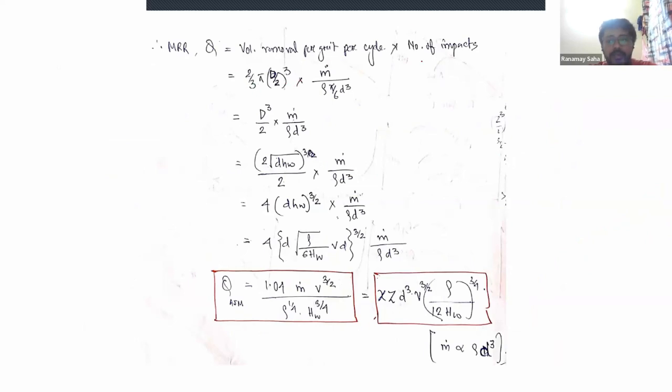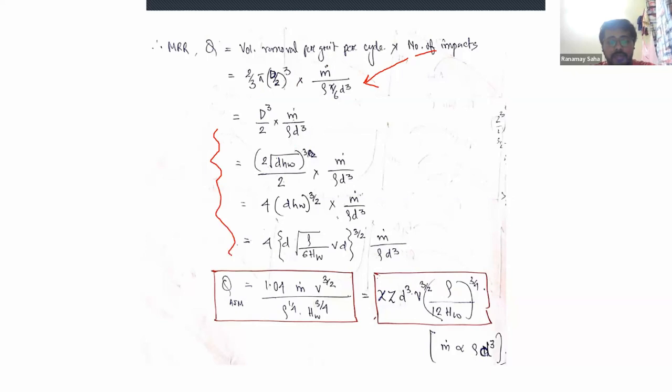And the number of impacts becomes the total mass flow rate divided by the mass of each particle. So that way you can find out the number of impacts, and then you go through these